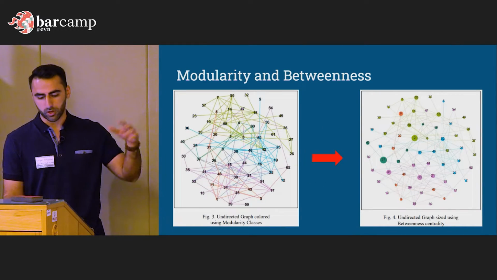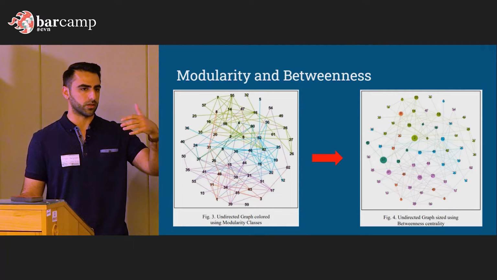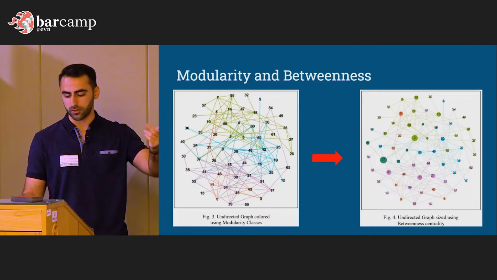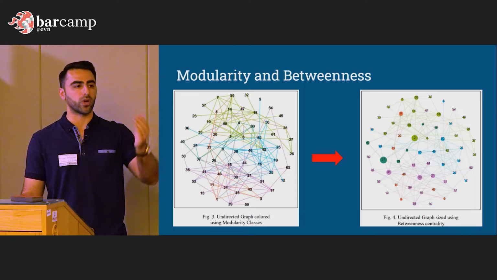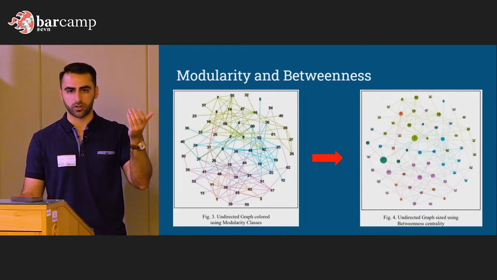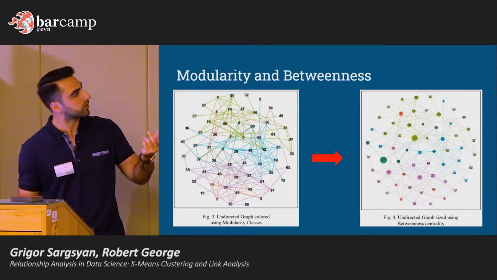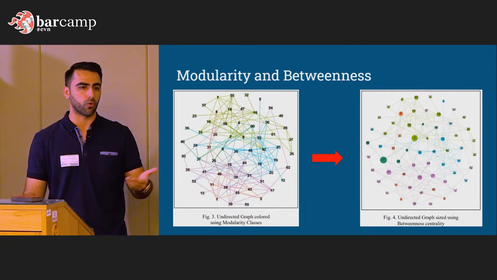So once you take the modularity and the betweenness, you can color the edges. And these edges are, again, the relationships from one to another. So this tells you how many exist. And then you can weight them using the betweenness centrality. So the nodes that are weighed the most are the biggest in this graph on the right side. And so those we would define as being the most important ones.